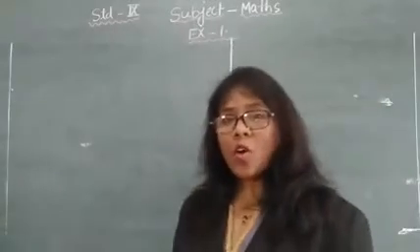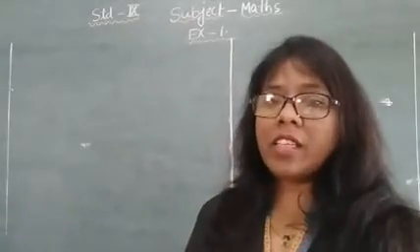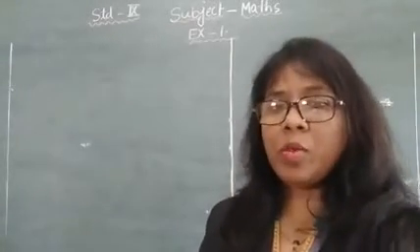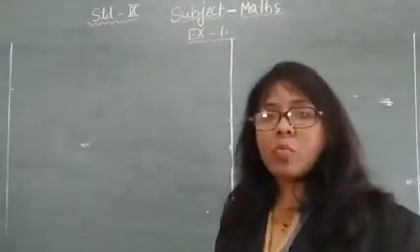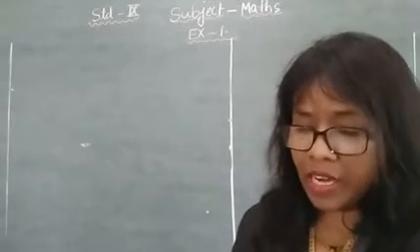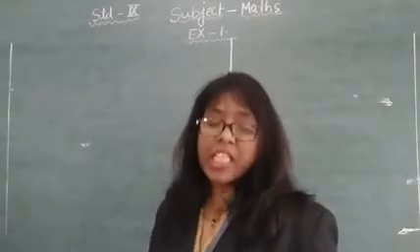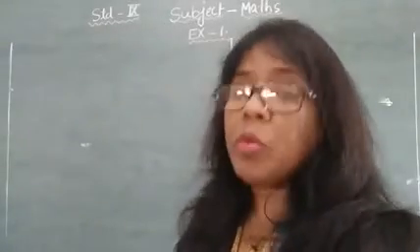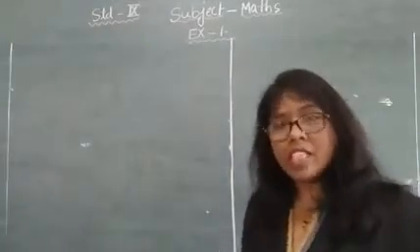Today I am going to solve exercise 1.3 and I will apply the easiest method to solve all these things. I hope you will understand in a proper manner. So just see exercise 1.3, question number 1. Write the following in decimal form and say what kind of decimal expansion each has. So what you have to do is basically divide and find it in decimal form.